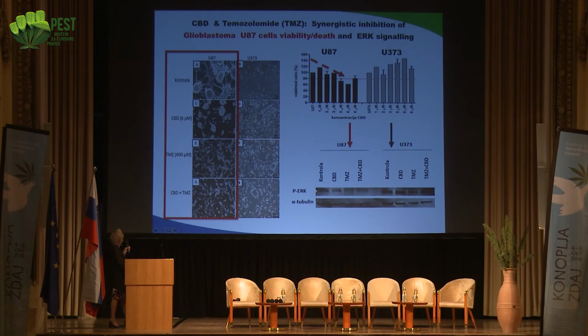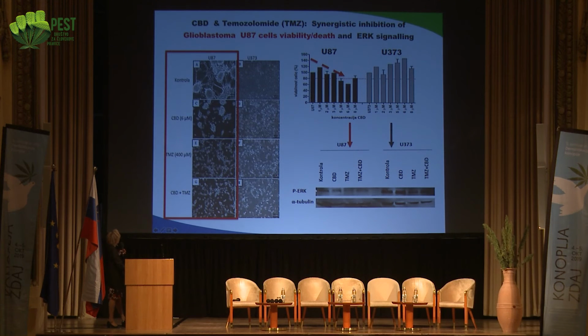We have used two different types of differentiated cells. U87, this is the standard, as you have already seen, U87, U373, these are the names of the cells that people are using most. That's why we are using this as a control or as an example. And here we have put CBD. You can see that these cells would respond, the change in the shape is quite obvious.